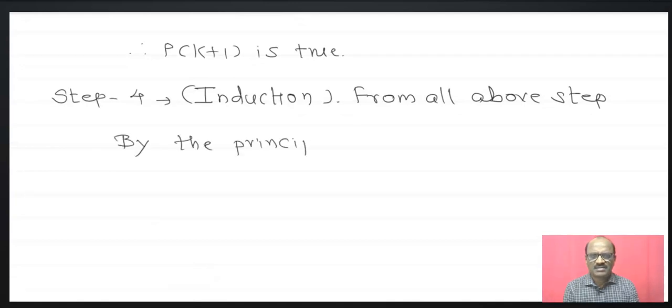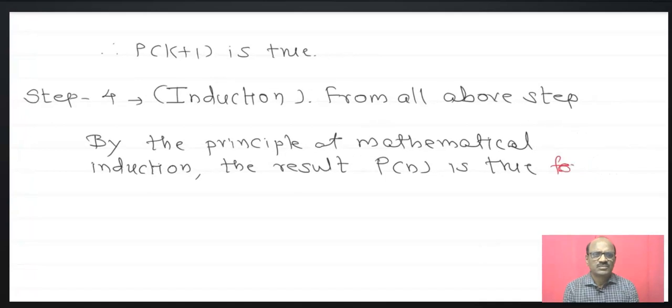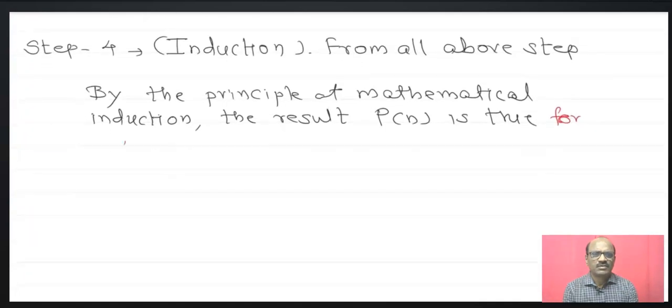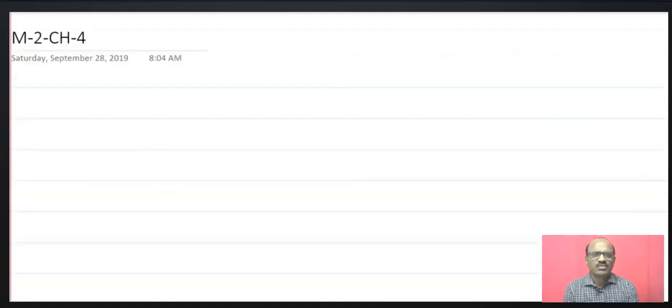by the principle of mathematical induction, the result p of n is true for all small n belongs to capital N, and hence we generalize the statement. We write the final result, that is the 2 plus 4 plus 6